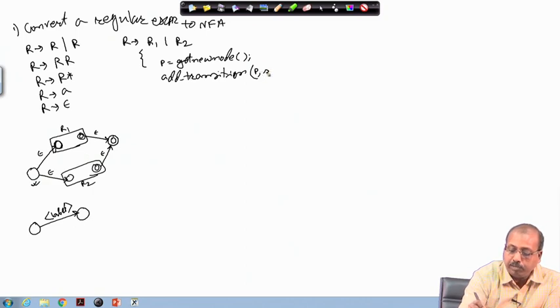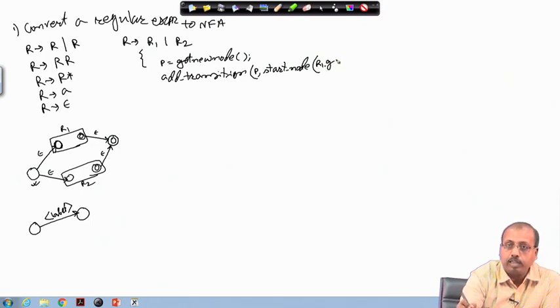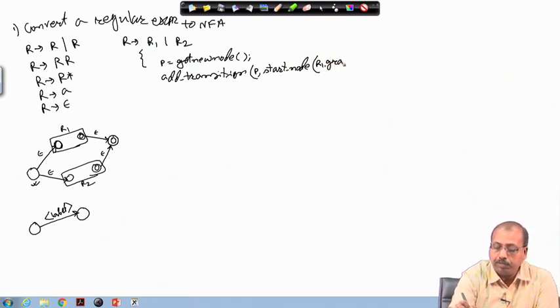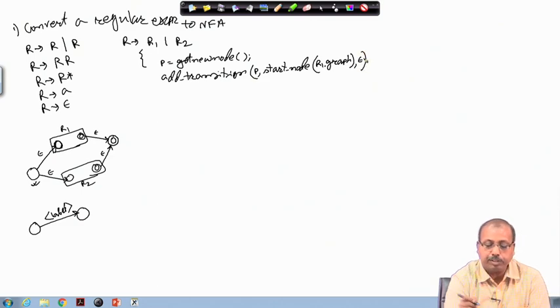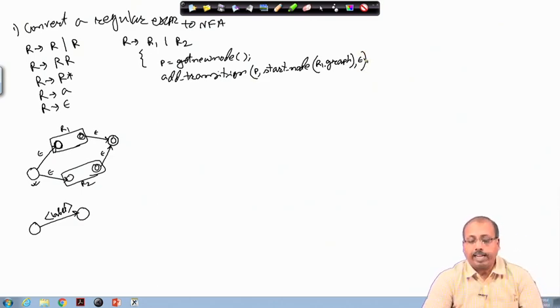If I assume that there is a function called start node, such that if you pass the graph of R1 to it, it will return its start node. So, this is start node of R1 dot graph, and I have to tell what is the label. So, label is epsilon.